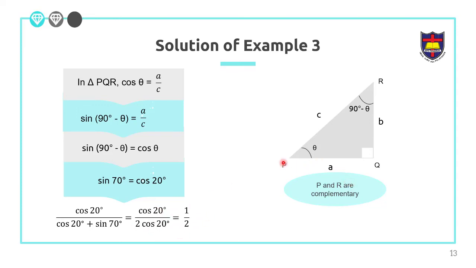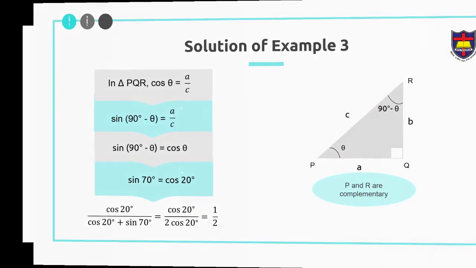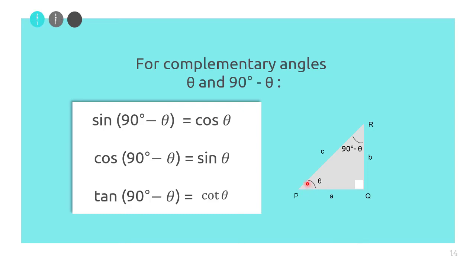We can check here that the relation between P and R are complementary. For the complementary angle, we can deduce that the relation between theta and 90 minus theta will be like this. So that's the last diamond point. So it means